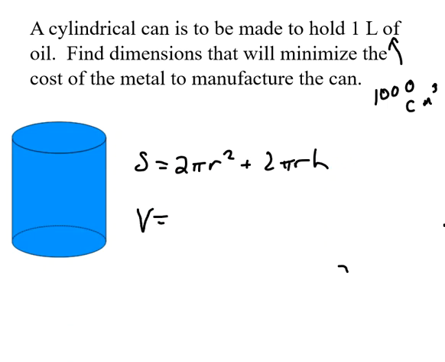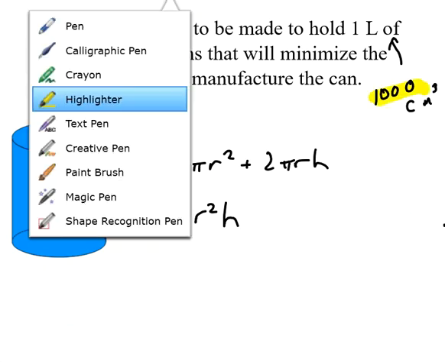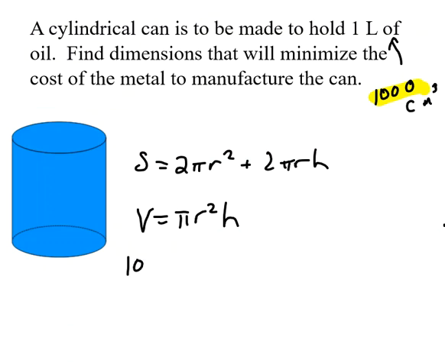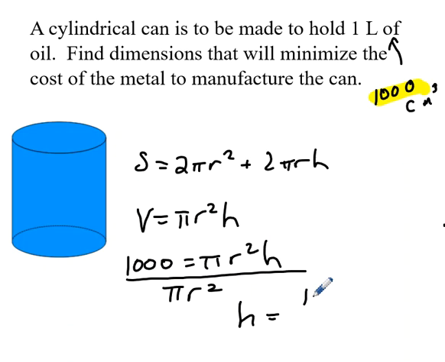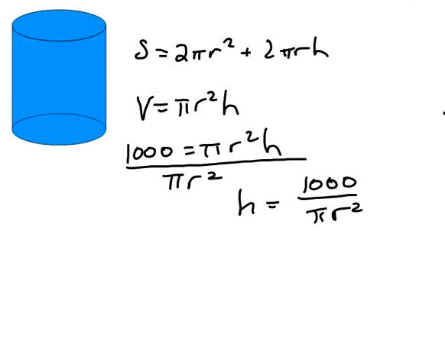The other thing I know is that the volume is pi r squared h. And I know that I want 1,000 cubic centimeters for my volume. So I can say 1,000 equals pi r squared h. And then if I want to isolate h, h is equal to 1,000 over pi r squared. So I'm going to rewrite my surface area equation with